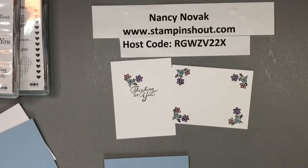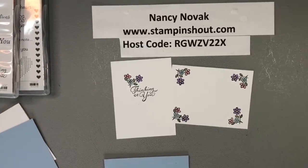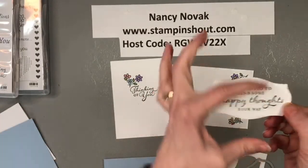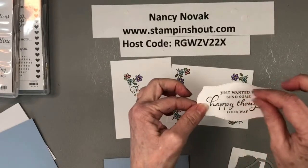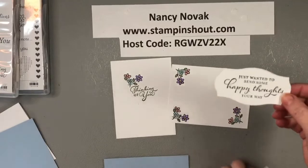I really like the sentiments in that Happy Thoughts stamp set, and I like the font. Let me tell you what I like about it. I like how it's got just big and little letters and different fonts. You know, some of it's just typeset and then some of it's cursive. It's really pretty. So we have that,